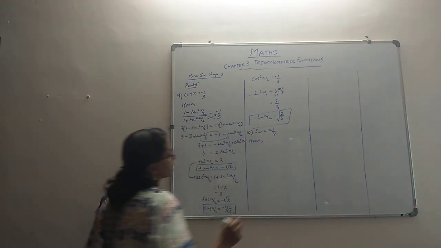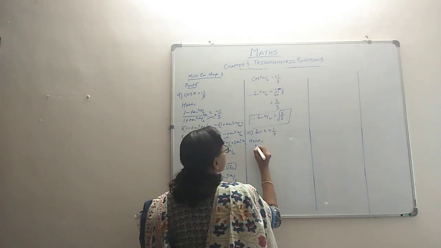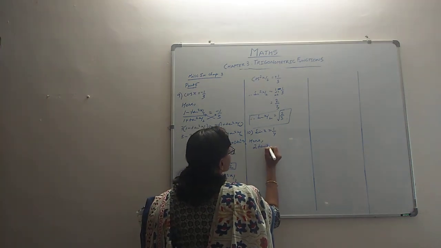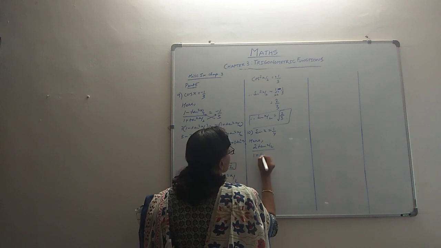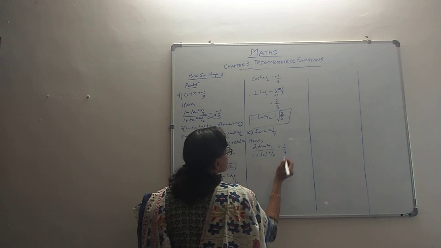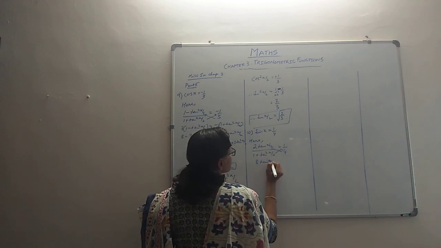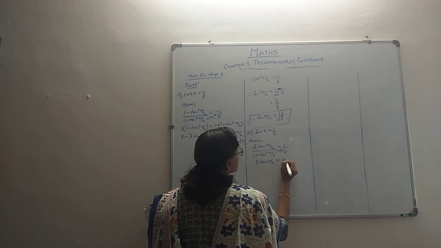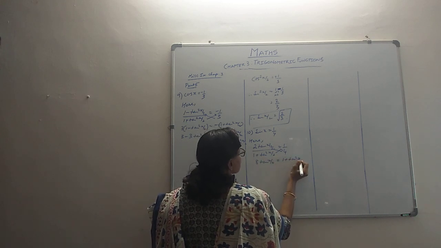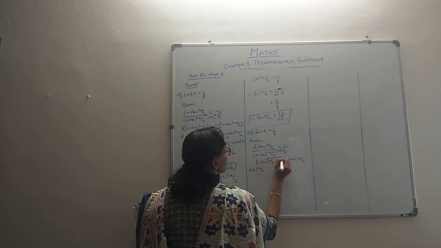So sin x is 1 by 4, and we are going to apply our tan formula. By the tan formula we know sin x is 2 tan(x/2) by 1 plus tan squared(x/2), which is equal to 1 by 4. Solve it, cross-multiply: you have 8 tan(x/2) into 1 on this side, and on the other side it is 1 plus tan squared(x/2). Everything on one side, tan squared(x/2),